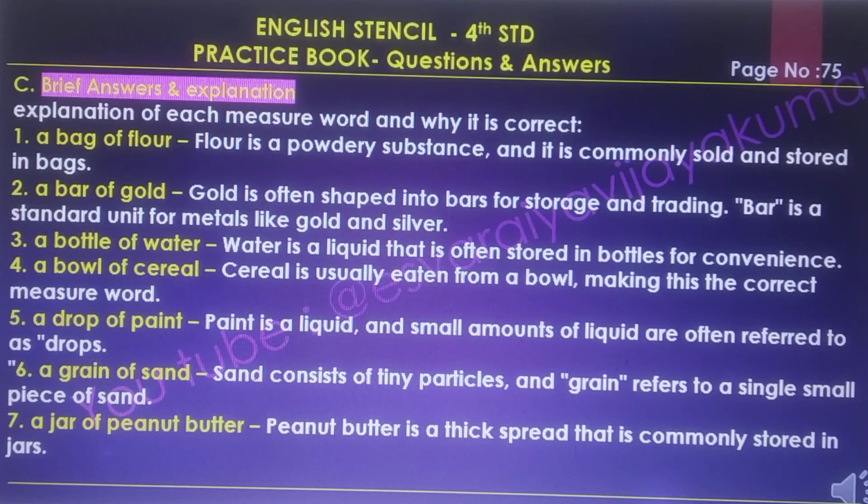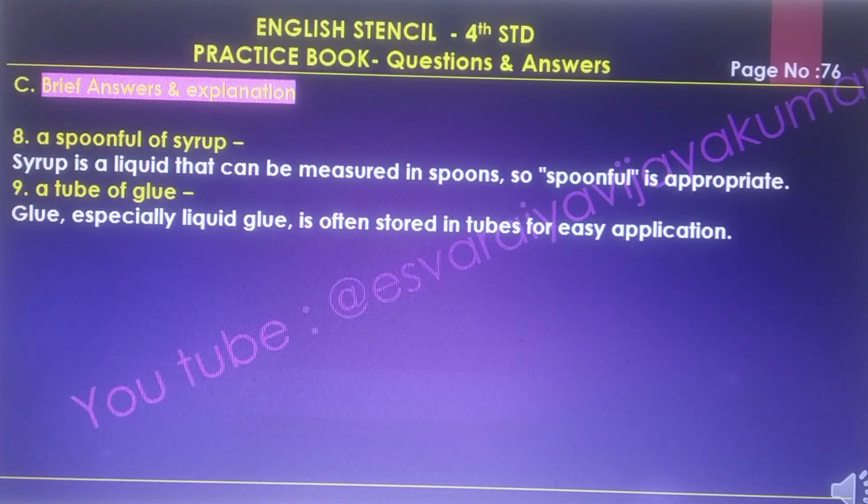Fifth one, a drop of paint. Paint is a liquid. A small amount of liquid is often referred to as a drop. A grain of sand. Sand consists of tiny particles, and a grain refers to a single small piece of sand. Seventh one, a jar of peanut butter. Peanut butter is a thick spread that is commonly stored in jars. And the eighth one, a spoonful of syrup. Syrup is a liquid that can be measured in spoons, so